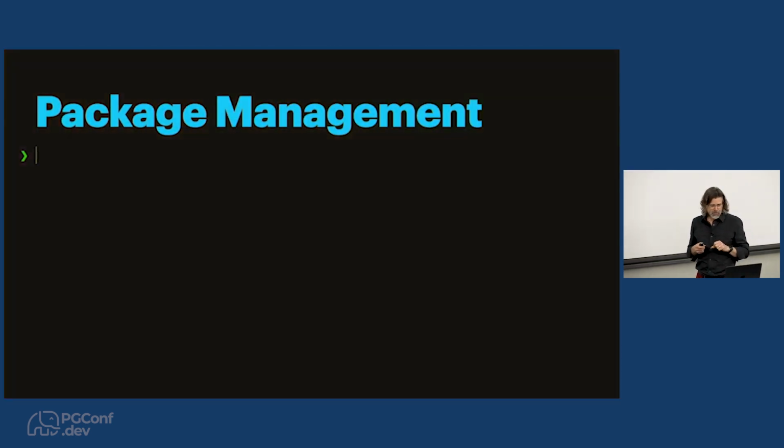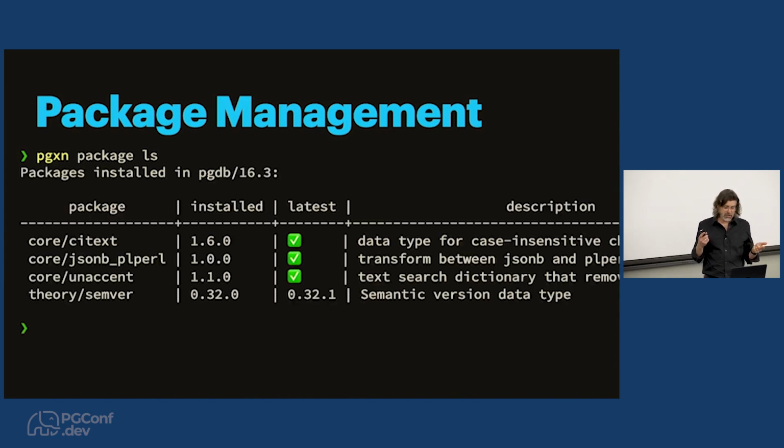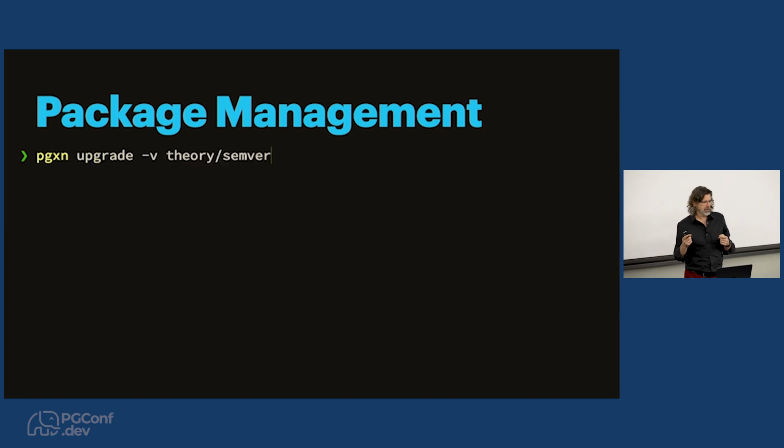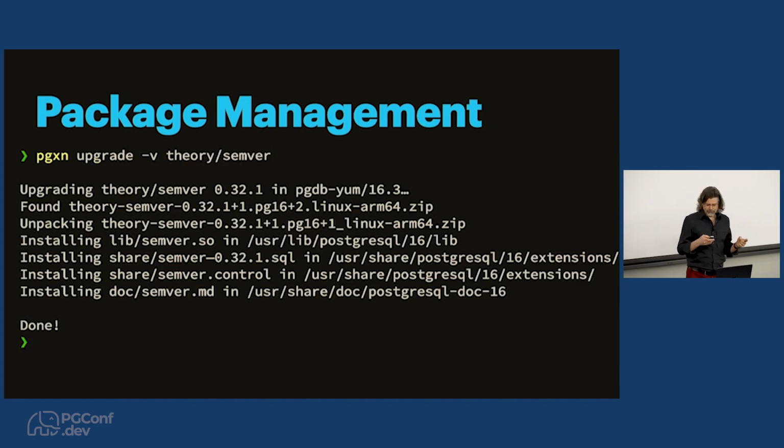But let's look briefly at an example of how I'm thinking we could do package management. There might be a package command for the command line client. They can say, okay, give me a list of all the packages, and they can say, okay, for this PGDG yum installation of 16.3, we have SciText, JSON-B, PL Perl, Unaccent, and Theory Semver extensions installed. So it's giving you a report. And one of the things that it can include in this report is,